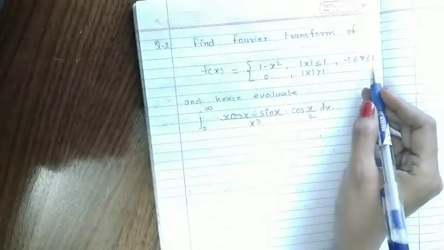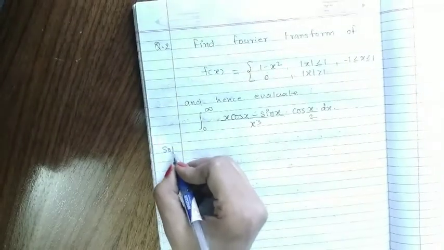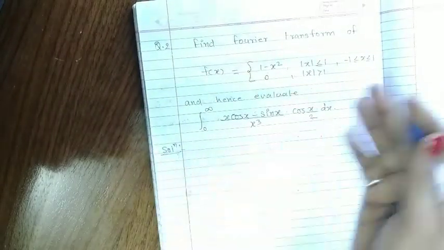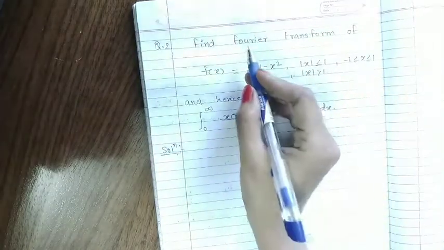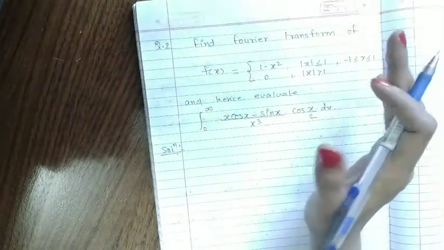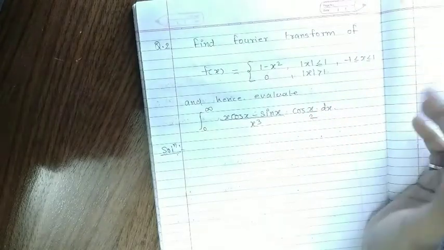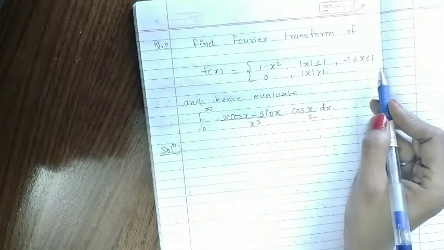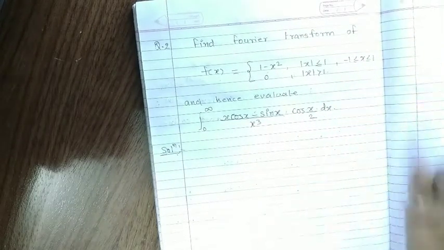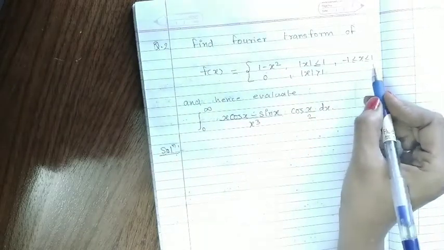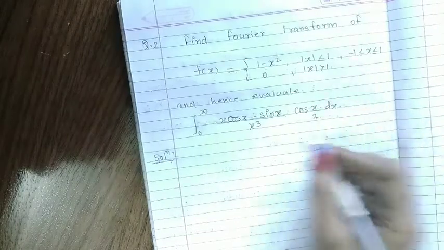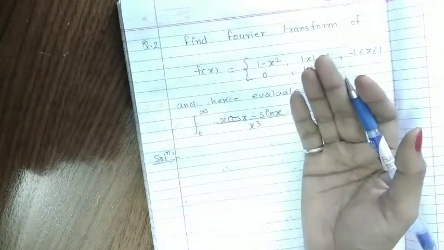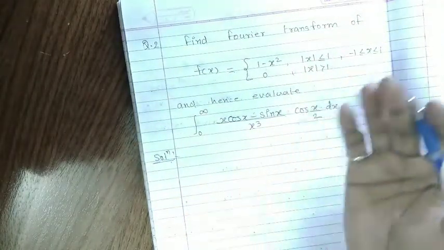So now I am solving the Fourier transform, and this range or interval means what? It is the full interval, or the question is in full range, minus 1 to plus 1, and they are asking for the Fourier transform. Whenever they ask for the Fourier transform, by default our question is in the full interval, minus infinity to plus infinity. So here in that form we have the minus 1 to plus 1 interval.